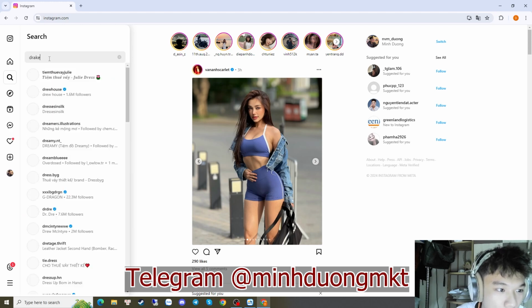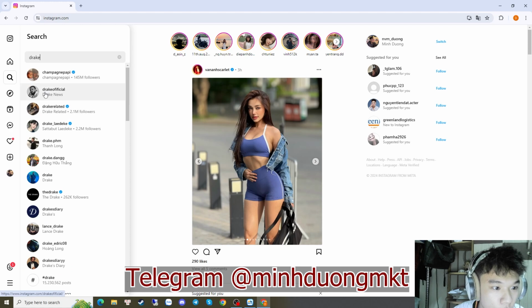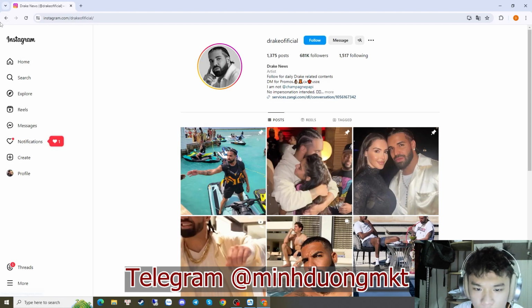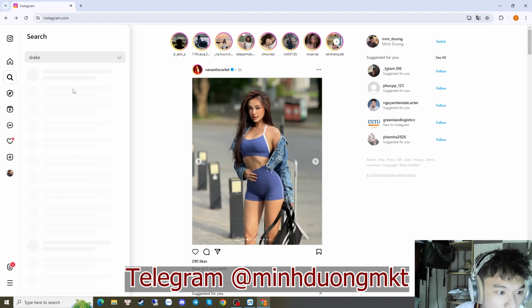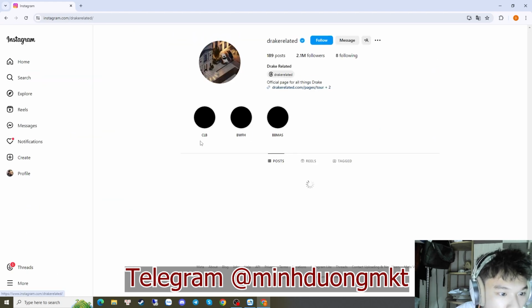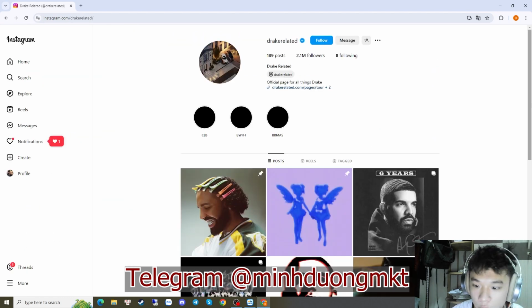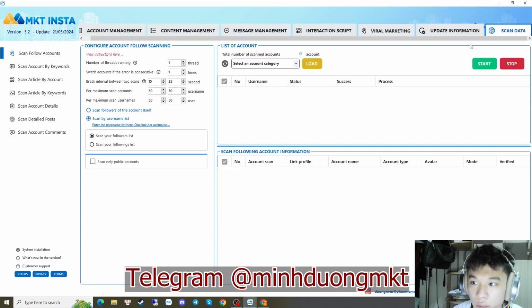How about Drake? Is this real? I don't think this is real. So, for example, when you want to scrape all these followers of Drake, all you're gonna do is go to the MKT Instagram automation. You want to choose the scan data feature right here, and you're gonna see the scan follow account in this